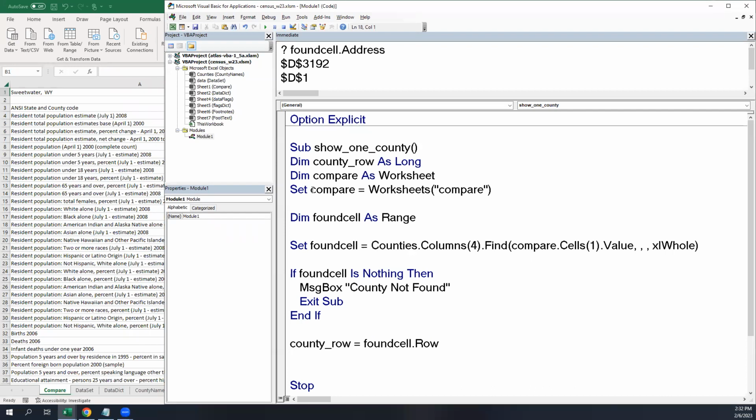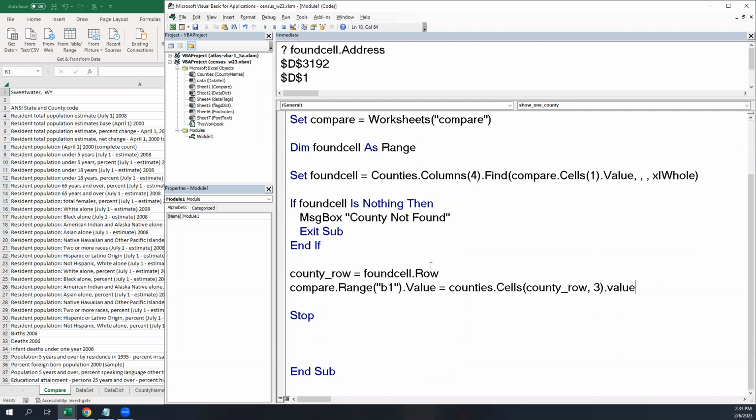So another way to see a range is one you're probably already familiar with. I'm going to say my compare sheet dot range B1. So you can plug in just a reference to a cell. I'm going to set the value of that equal to my counties sheet dot cells, row number county row, column number 3. So we're reading the value